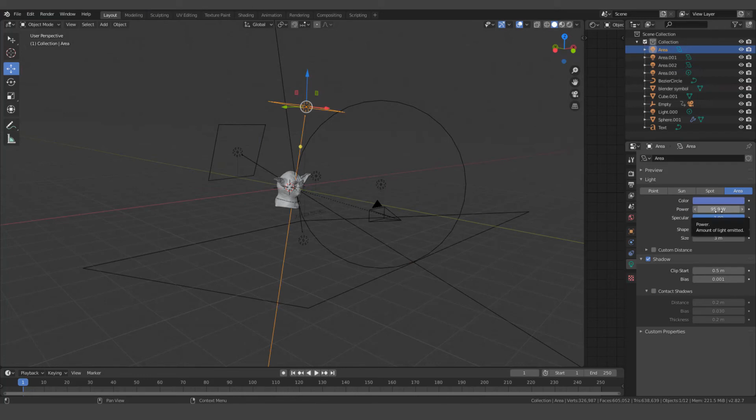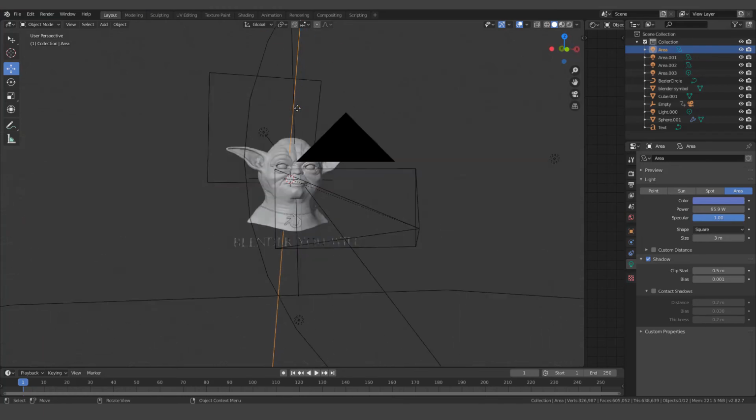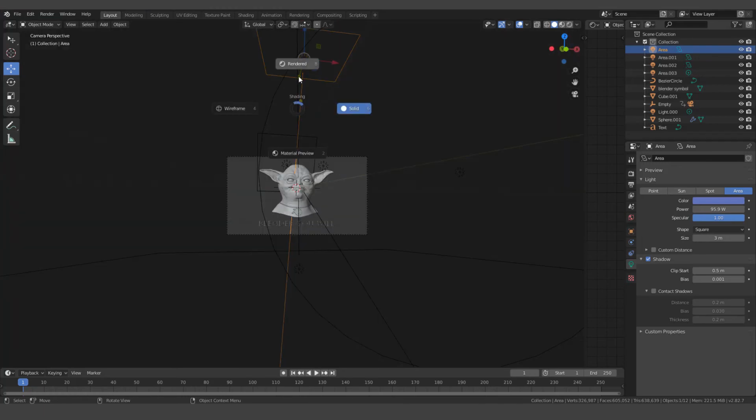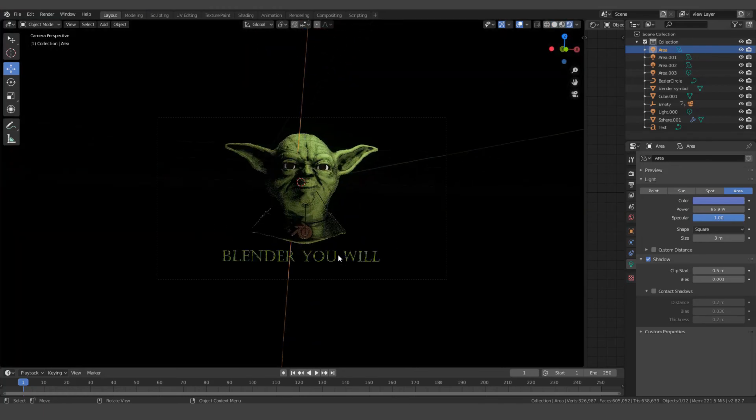I go for what I want it to look like at the end, so sometimes that's surprising what it has to be. Anyways, this isn't too complex of a lighting setup, but it does have everything to do with how our shader looks. And remember also, if I hit 0 and then hit Z to go back into the rendered mode, another thing I didn't mention in the last example that's going to have a huge impact on your work